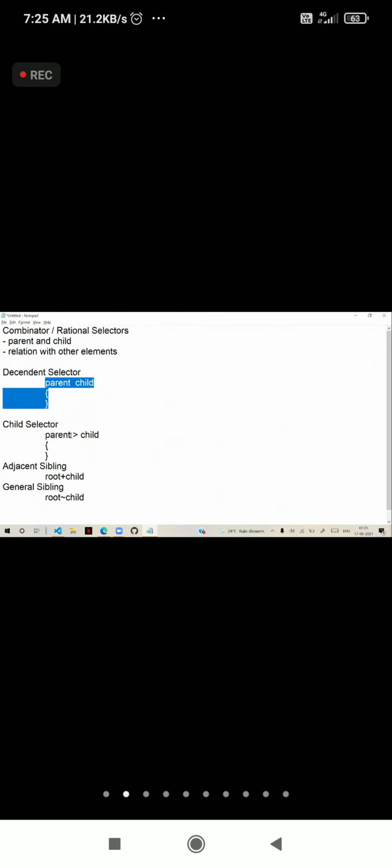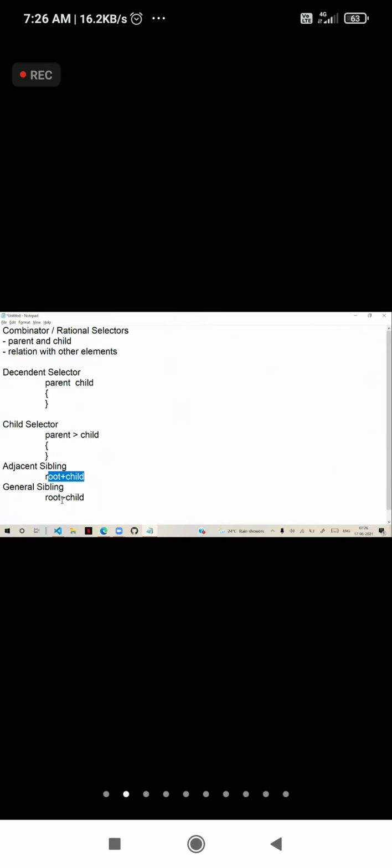And child is given with this greater than symbol. So then it will apply to only direct child. And adjacent, so to the next one. General sibling to all, it will apply to all.